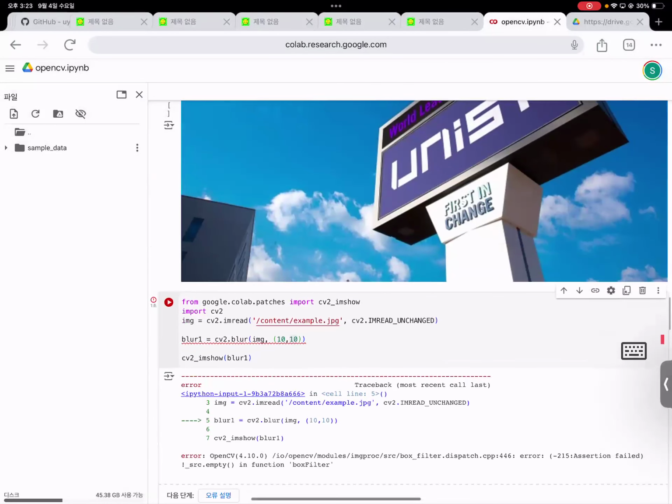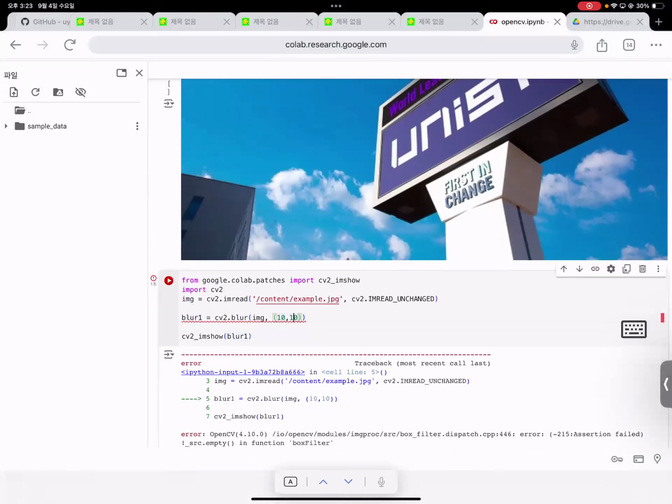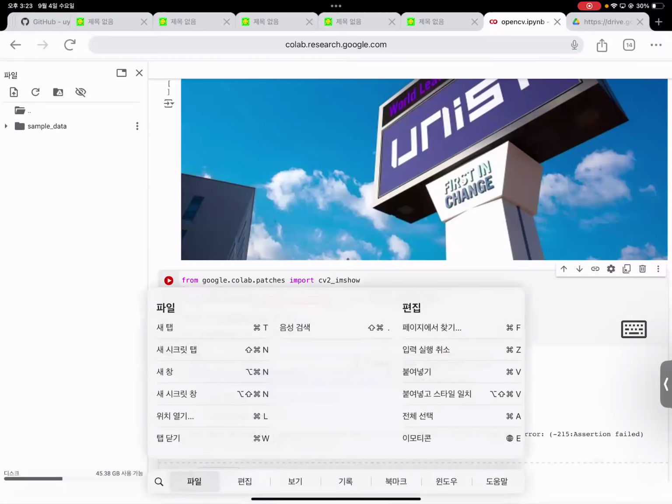Okay. But anyways, if you change this value to 1, it is not blurred anymore, because it is the same as keeping the original value only. So this has to be larger than 1 to average with more than one nearest value, okay? If it is just 1 by 1, then it means not averaging with nearest pixels, so it is the same as the original